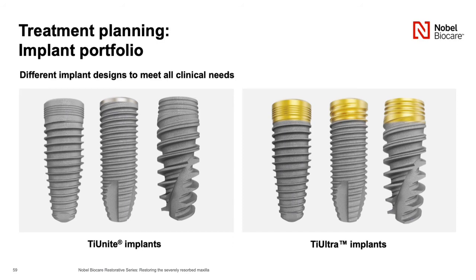99.99999% of the cases are these Nobel Actives. Because remember, we sell that case that, hey, Joey, you're leaving with teeth today. So those implants got to be anchored in there, and got to be anchored in there tight. So I just show this slide to give you an example of what a Nobel Active thread pattern looks like